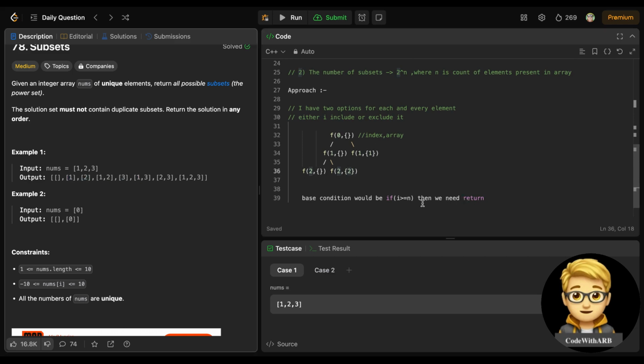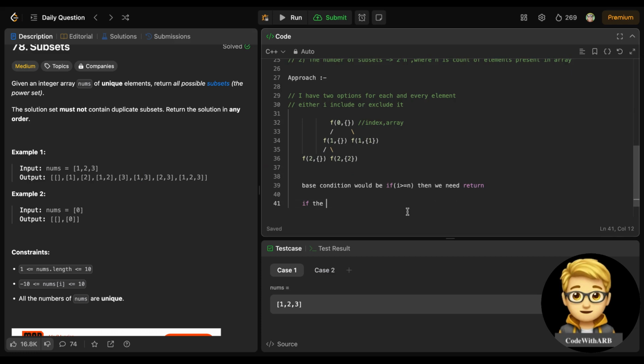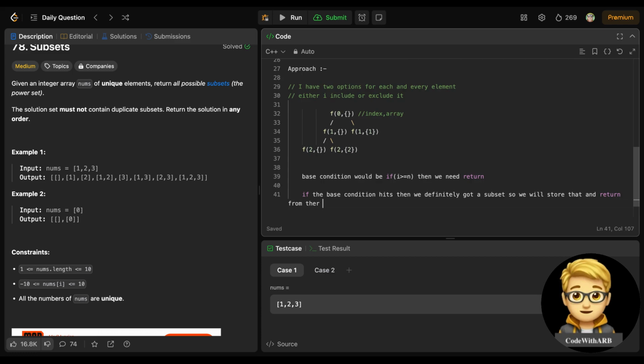So if the base condition hits, then we definitely got a subset. We will store that and return from there.